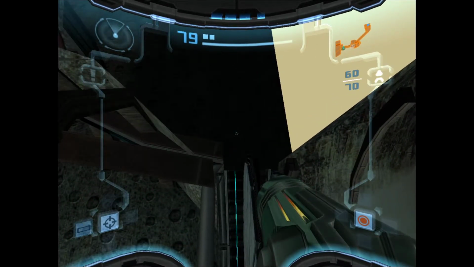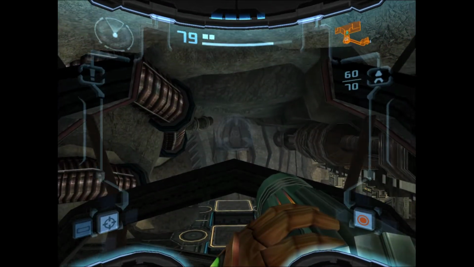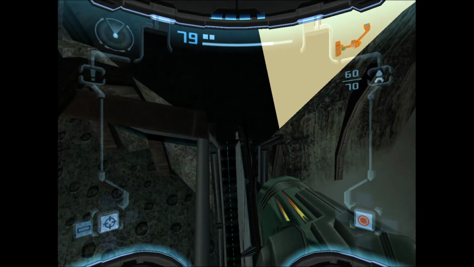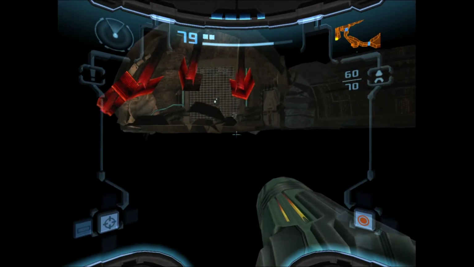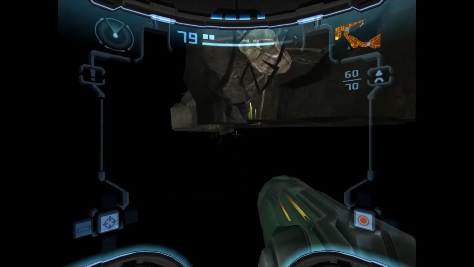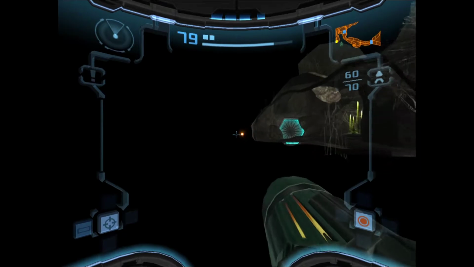Not all rooms in the game have that. Most do. Most do have proximity loads, but some rooms require or have specific location load triggers that you have to touch to load the next room, and I will show that next. So this room in Temple Grounds has a specific location load trigger. So if I want to load this room over here, connected to this door,